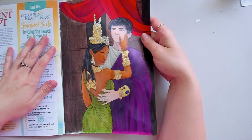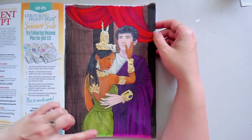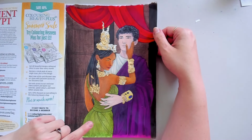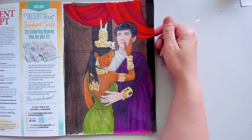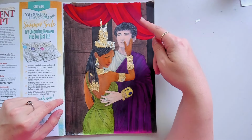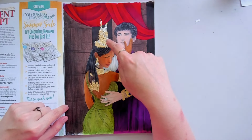And I have this one here. And so this one was a little bit of a fix-up. I had started this page with some really cheap pencils I ended up getting rid of because they were just terribly bad. I managed to remove a bunch of it, but I couldn't quite remove it all on the bottom of her dress here. So I just had to work with the green as best as I could. It was there. So I used a mixture of alcohol markers and Prismacolor pencils. There is some ink over the background to just fade out these poles a little bit, and then there is also Mod Podge and some